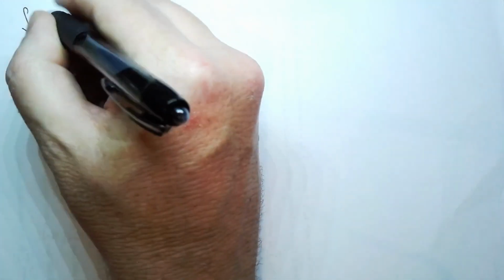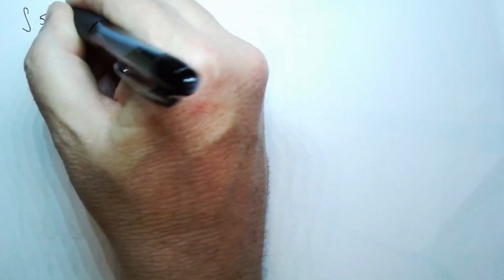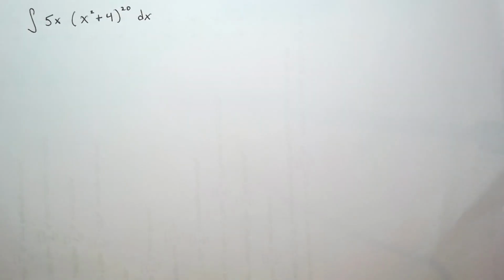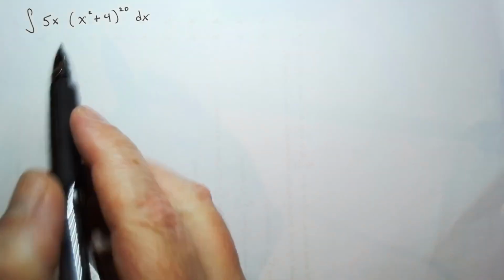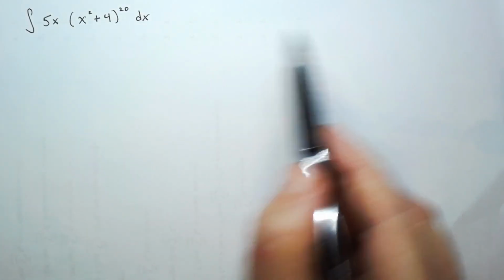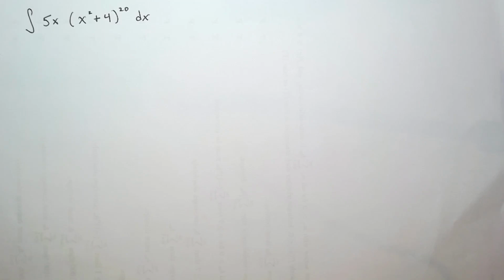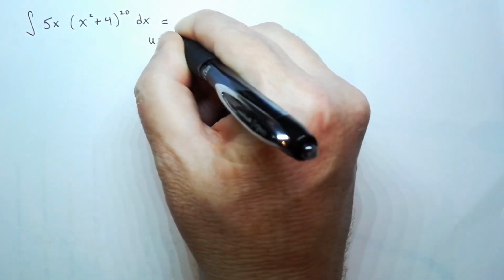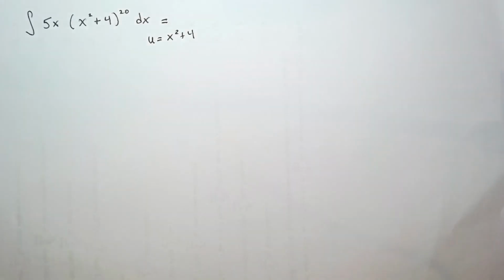Let's look at another example. Suppose I have the integral of 5x times (x squared plus 4) raised to the 20th power dx. Now, I could actually work this out without our new substitution method. I could expand out (x squared plus 4) to the 20th power and get a very long polynomial that I could integrate term by term. But that's not terribly practical, so let's see if there's a better way. What we did before was to let our u be the inside part of our integrand. Here the likely choice seems to be x squared plus 4.